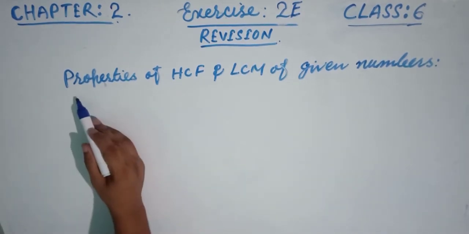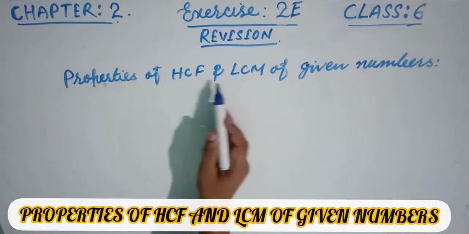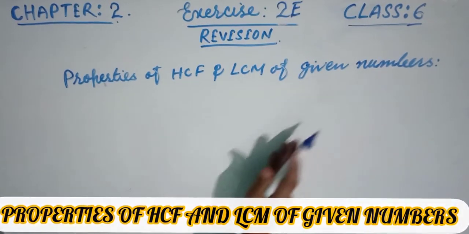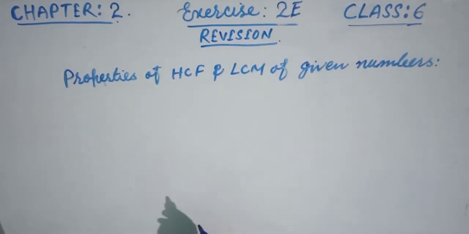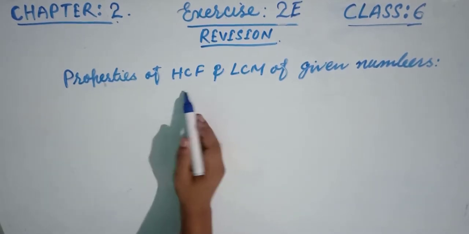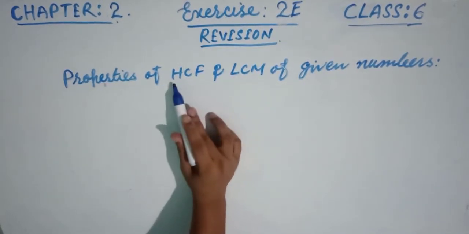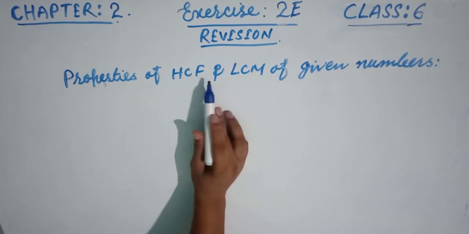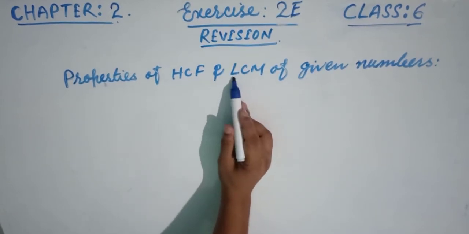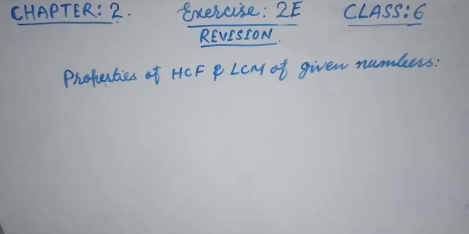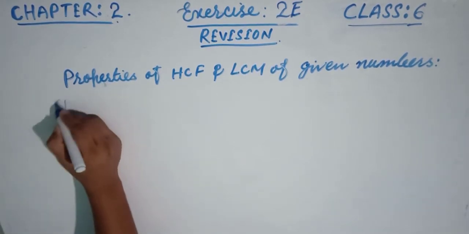Have a look, friends, on the board. Properties of HCF and LCM of given numbers. So friends, you are all conversant with HCF and LCM. The full form of HCF is highest common factor and of LCM is lowest common multiple. And in the previous video lecture we had already discussed them deeply. Okay, now see, the first property says